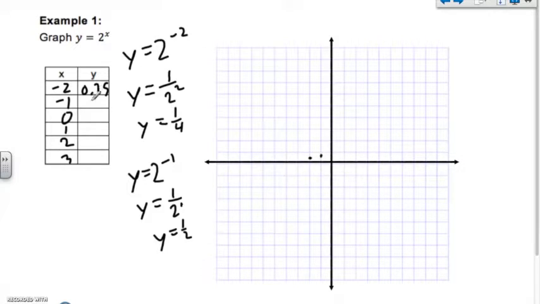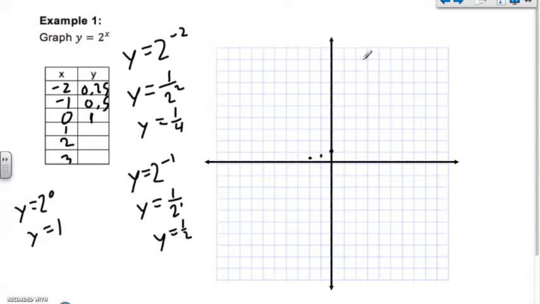Alright, and I'm going to put 0.5 here as well. Now if we plugged in 0, y equals 2 to the 0 power. Remember our exponent properties, anything to the 0 power is 1. So 2 to the 0 power is going to be 1. So we're going to have a point at 0, 1, and you can see your graph is